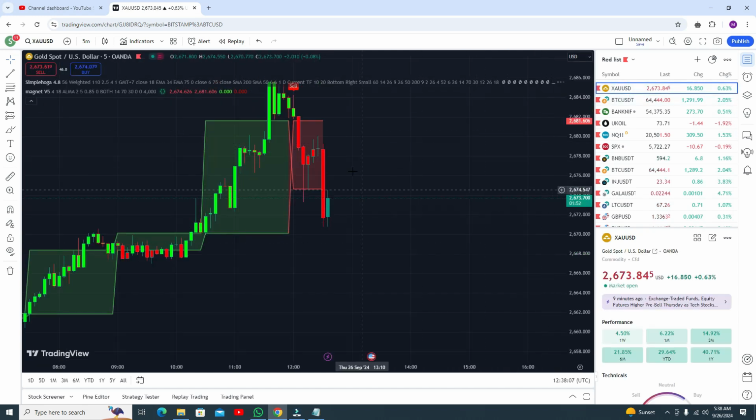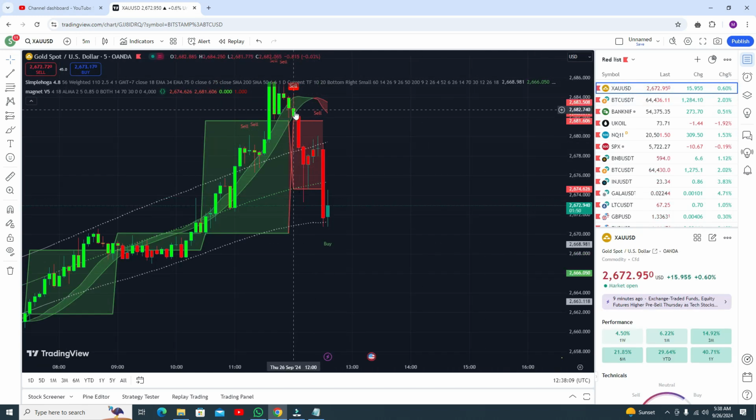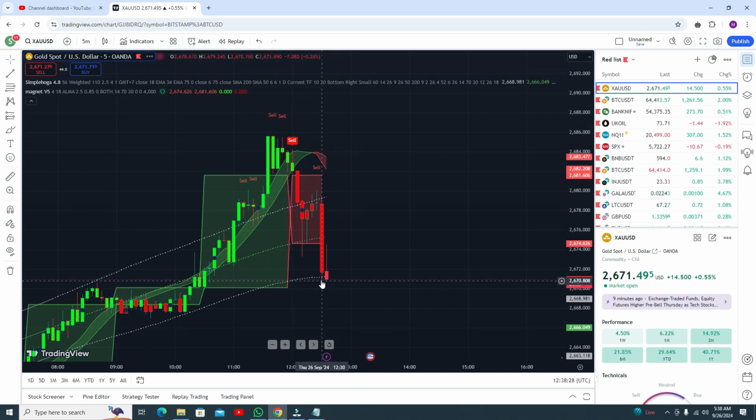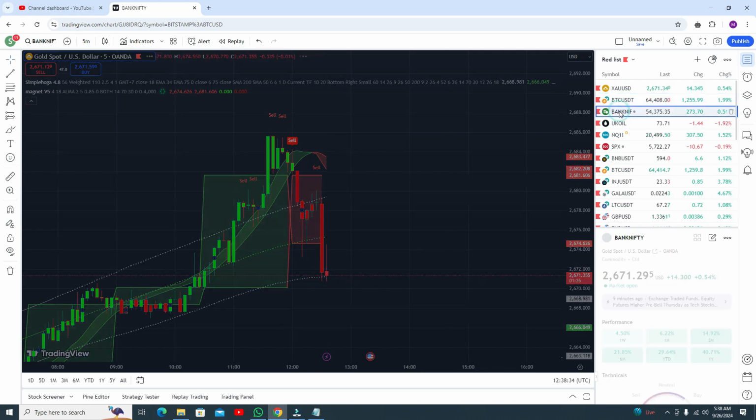In the gold, that was a buy sell trade. Amazing. You can see you got this sell signal and this sell signal, both sell signals. So RSI is upside from the upper band line, so you can see you got good profit. You need to book your profit at this point. In the gold, in the 5-minute time frame, this is a live demo. Okay, and let me show you results in some other pair like Bank Nifty.